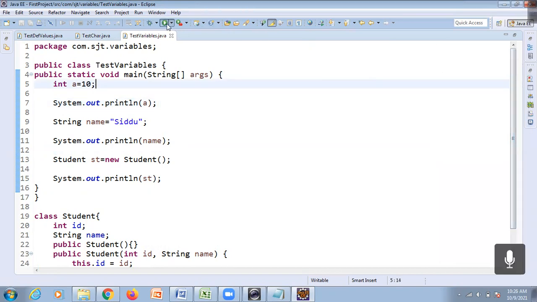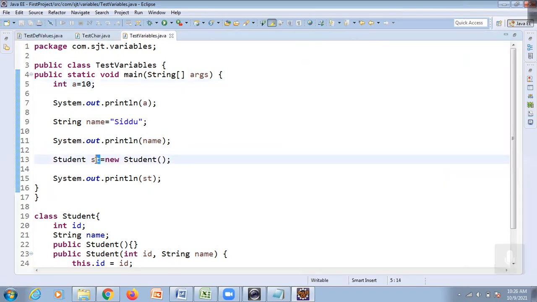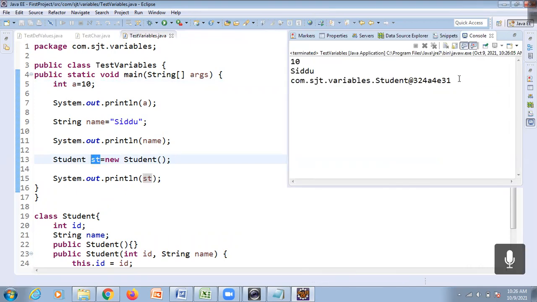Observe here. First, the 10 value: for primitive, 10 only is stored. For string, it is printing whatever value we have initialized. But for student st, you just observe what it is printing. For st it is printing some address.